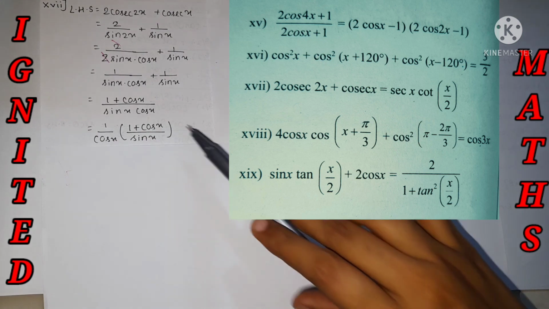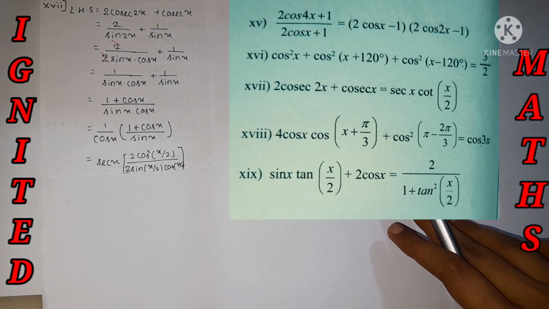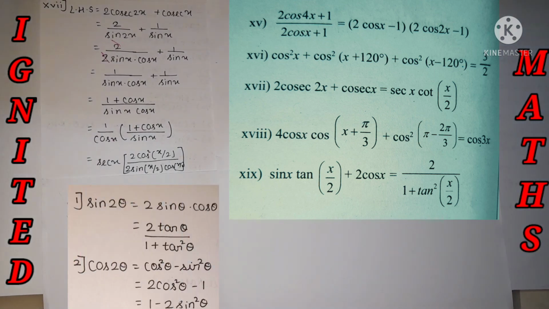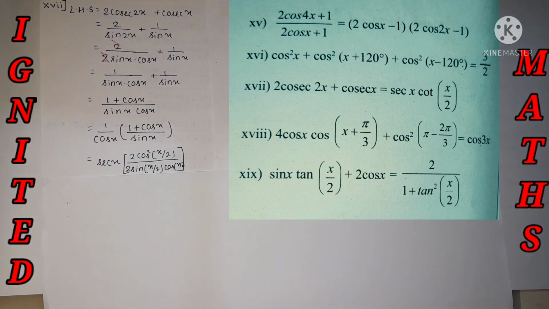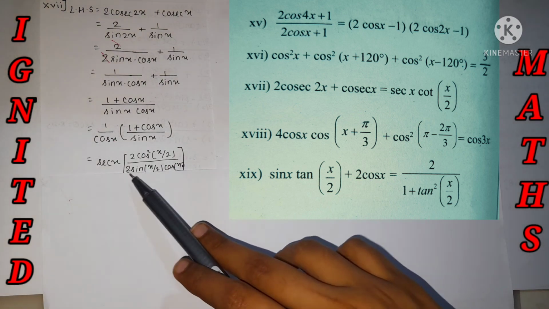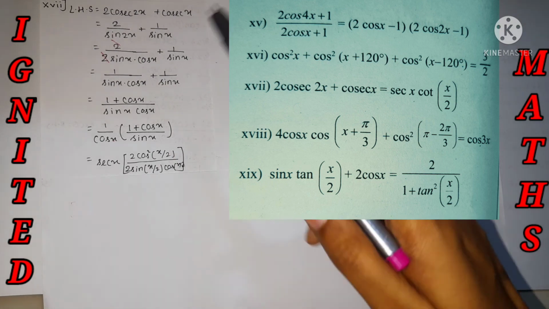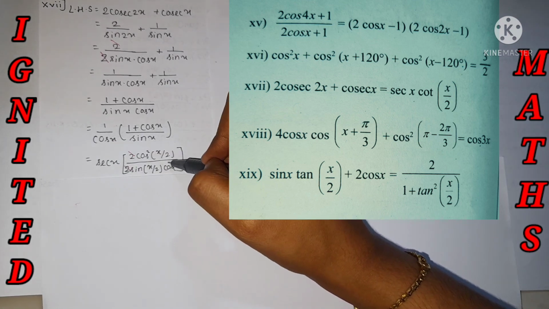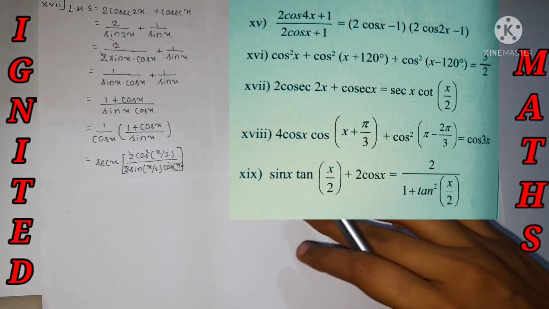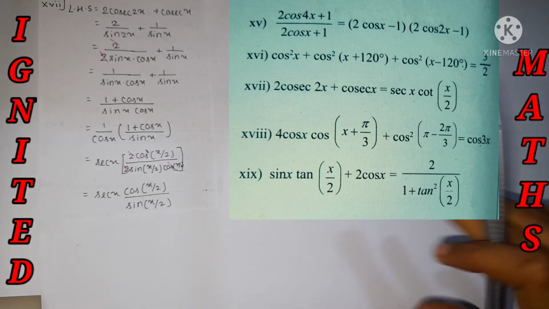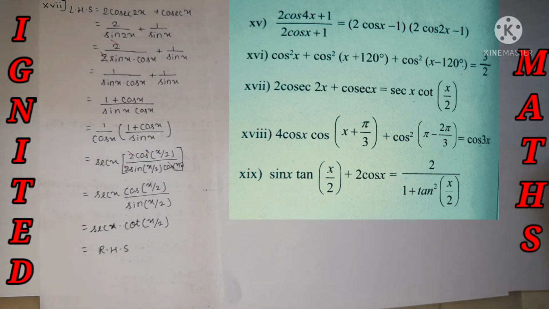Yes, 1 plus cos x is equal to 2 cos square x by 2, and sin x, in which I have used the formula of sine 2 theta, it's nothing but 2 sine theta cos theta, but in the half angle form I have done over here, sine x by 2 and cos x by 2. Okay, and 2 cos square. Okay, just cancel it off. All the required content should remain. 2 to cancel. Over here cos and 1 cos shall be cancelled. So it's nothing but cos x by 2 divided by sin x by 2. So cos x divided by sin x is nothing but cot x. Okay, that is nothing but the RHS value. This is how we can prove it.